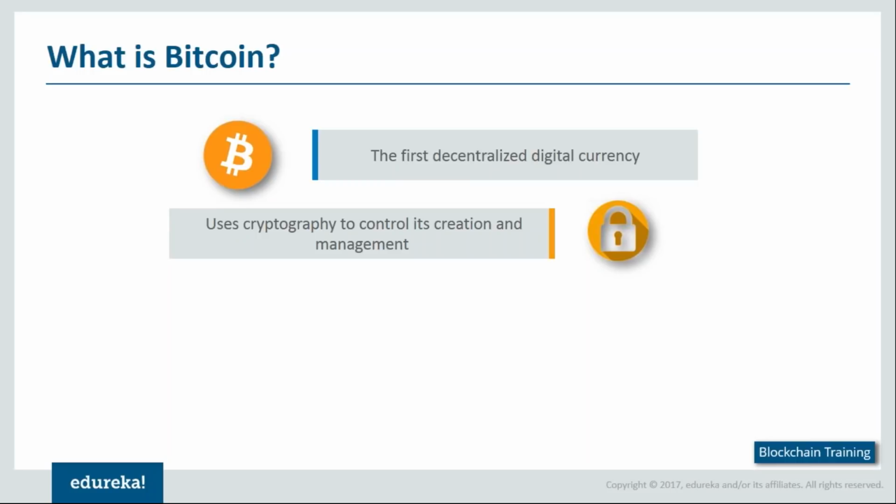Now, it is a digital currency, so you might be wondering, can't anyone just create it as per their requirement? The answer to that is no. Creating a Bitcoin is not quite easy. It is not something that one single entity can do. This is mainly because the various cryptographic technologies and mathematical algorithms associated with the creation of Bitcoin get more complex day by day. There is a limited number of Bitcoins that you can create,